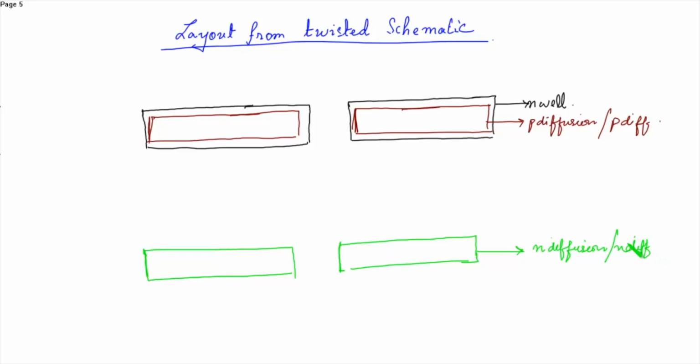Now after drawing the P diffusion and N diffusion, that is after constructing the PMOS and NMOS layer, now draw the